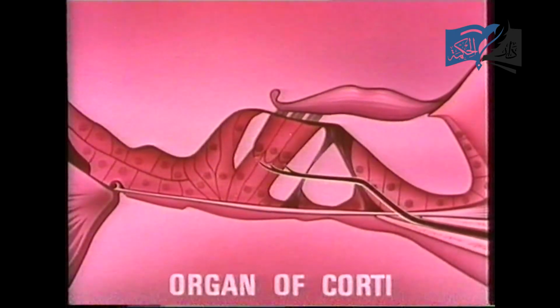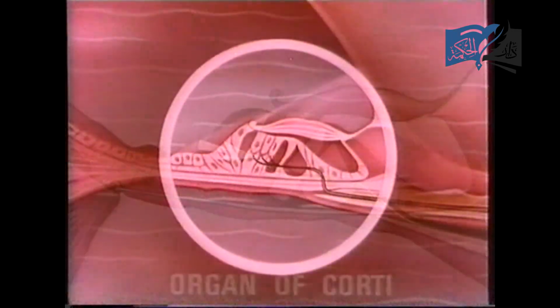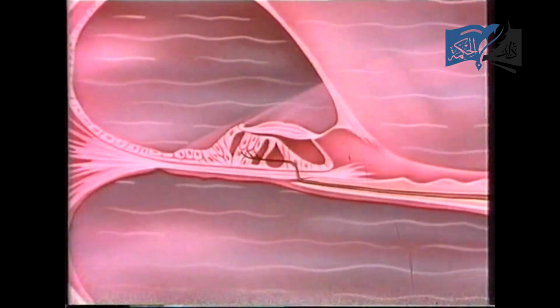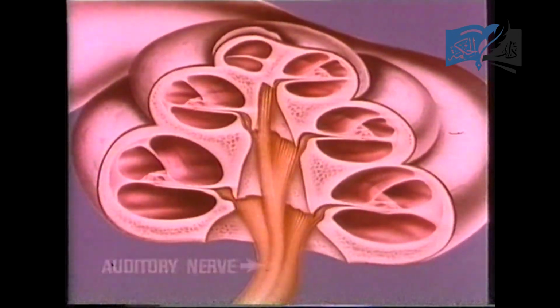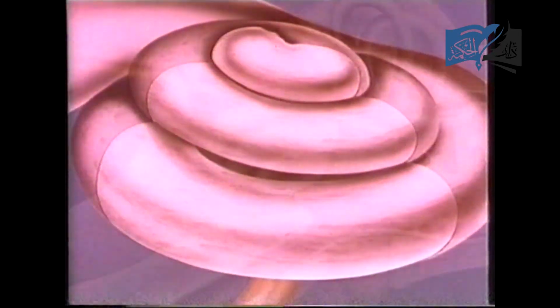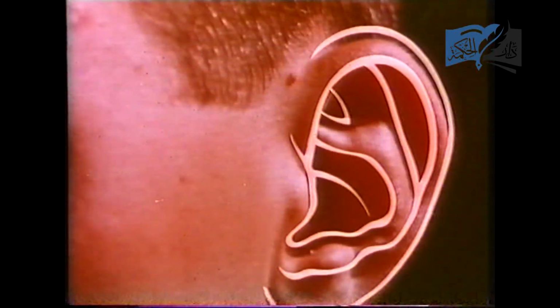One more thing about the organ of Corti. Each of the hair-like structures has a connection with nerve cells that eventually combine to form the auditory nerve which carries nerve impulses along to the brain. Now that we've finished with the cram course on the ear, remember that all this goes into action when your girl says, Good night.